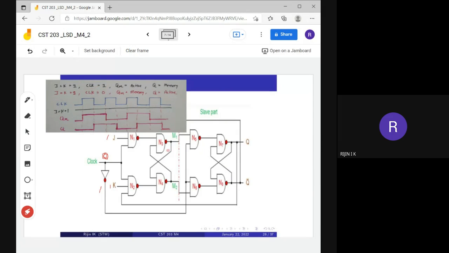In that case, master will be active, QM will be active, and the next Q will be in the memory state. Then J is equal to K is equal to 1 and clock is equal to 0. In that case, what will happen? The QM will be in the memory state, and Q will be in the active state. So now we have to draw the